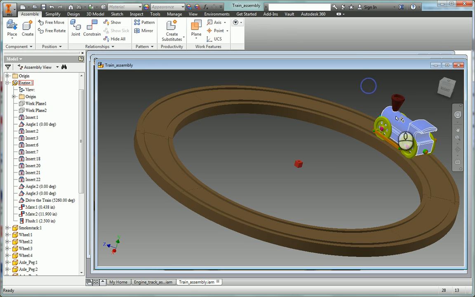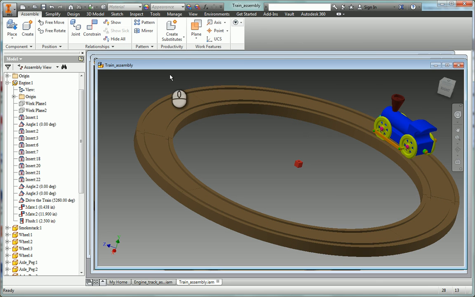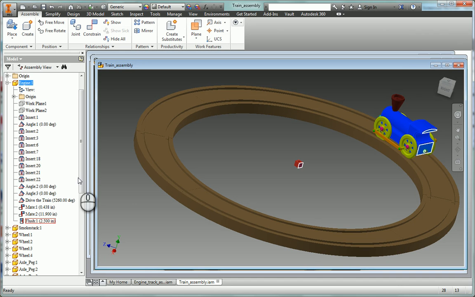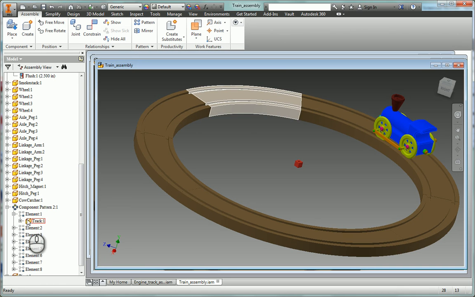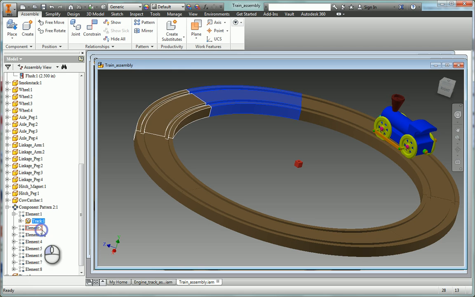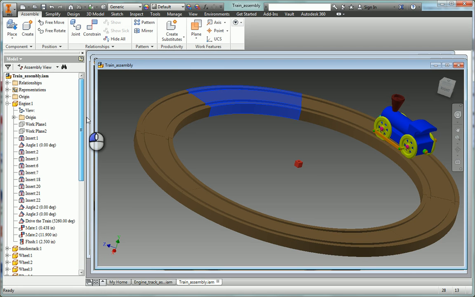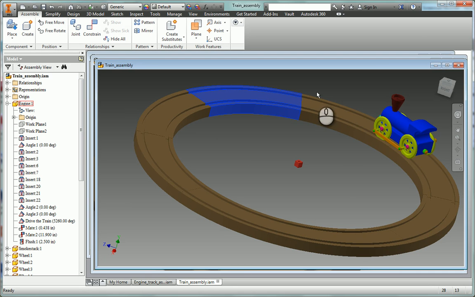So what we want to do, the train is pinned down, or what we call grounded, and the track is not. So we want to come up here to the engine and unground the engine. We come down to one of these tracks here, it doesn't really matter which one, and ground the track. Put the pin on one of the pieces of track and keep it off the engine, because we eventually want the track not to move, and we want the engine to be able to go and move